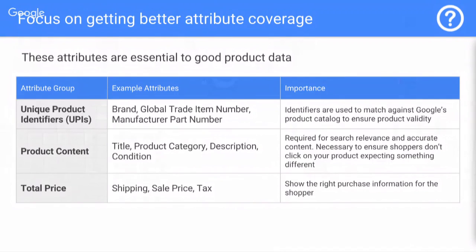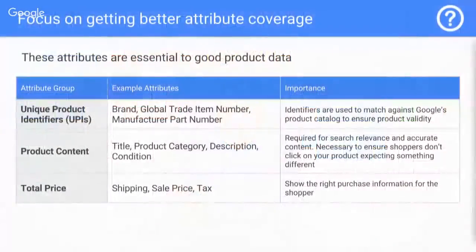How is that product different from one that might look the same but is in actuality slightly different? Think about a car part, right? I recently discovered that on the front of my car I have a little tow hole. I had to Google for an hour to figure out what it was, but the cover fell off. So I have to find one that has the exact same part number before I order it, because one could be slightly bigger or slightly the wrong color. That's why these unique product identifiers are so critical.